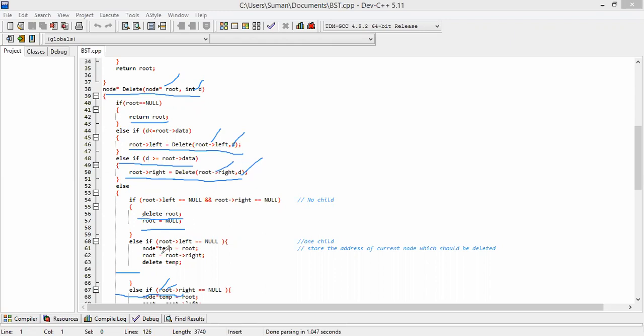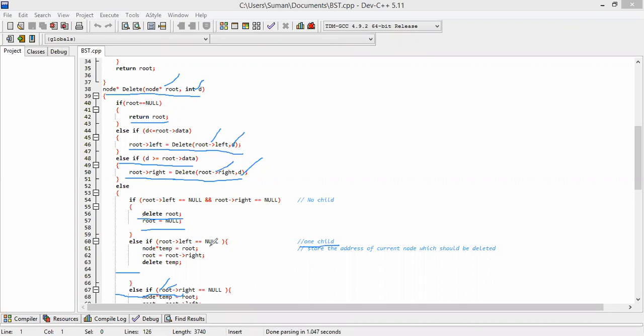Same as that, if only one child is present, that means else if root left equal to null, there is a root present and this root has no left child. Only the right child is present, there is no left subtree.